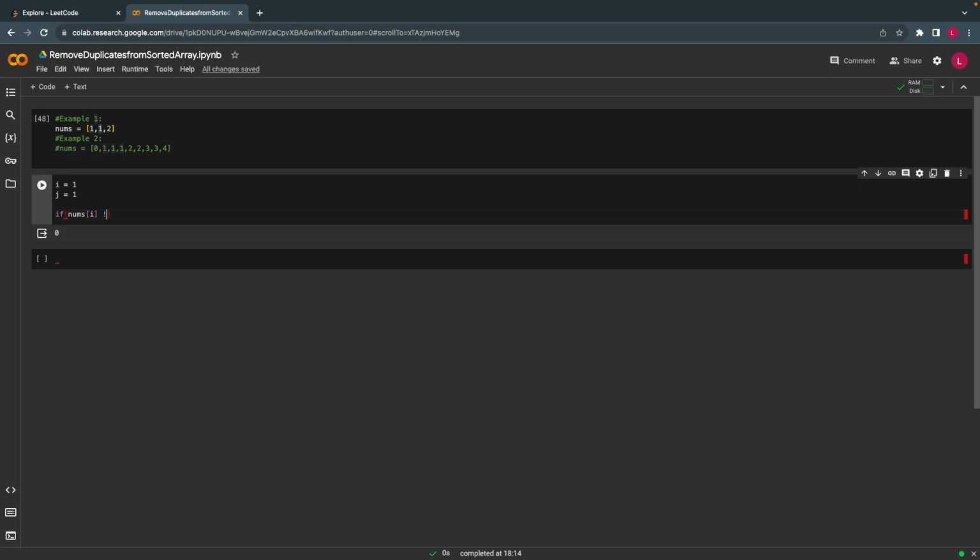Previous element, how do I get the previous element? I'm starting with 1. If I want to get the previous element, it has to be 0, right? 1 minus 1, which is 0. So what I'm saying is, I will compare this with this. If they are not equal,